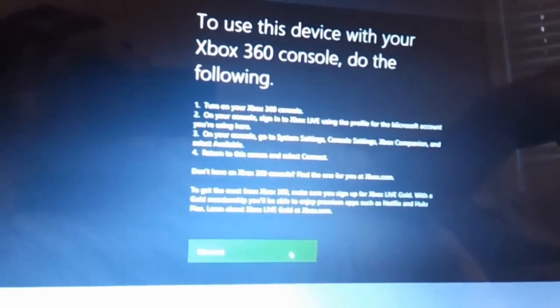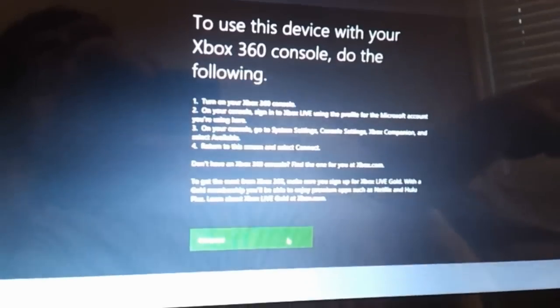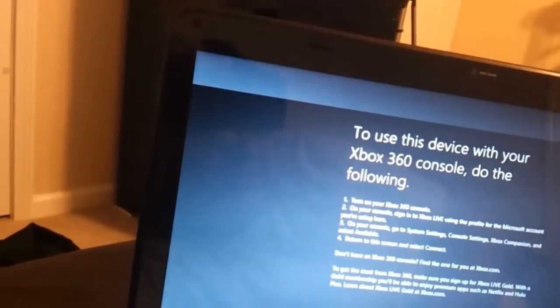If I'm able to play 360 games on the laptop, wherever I'm at, I would not mind having Windows 8 on the laptop. On the desktop, however, that's a different story. On the laptop, that's not too bad. On your console,